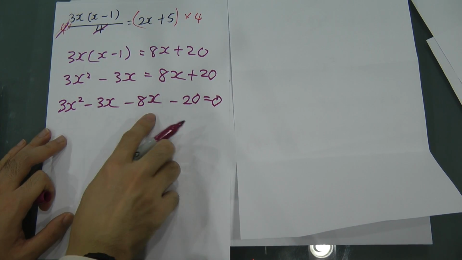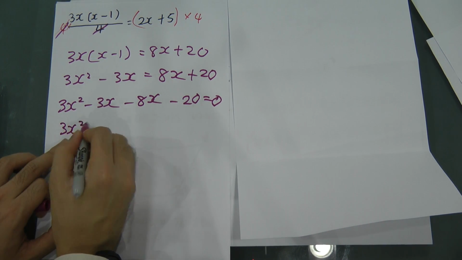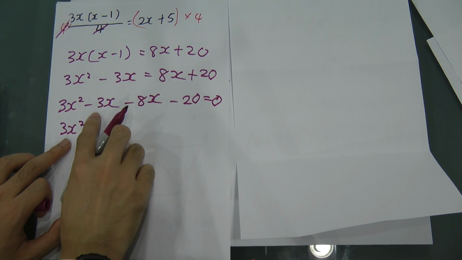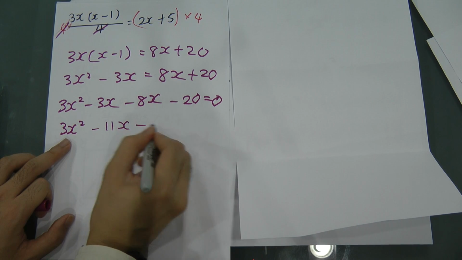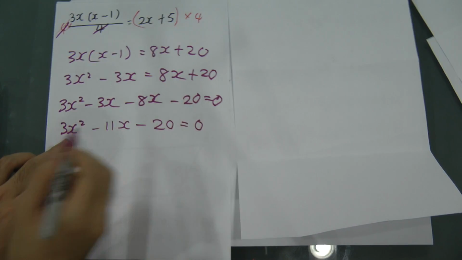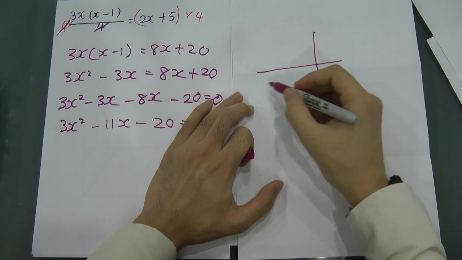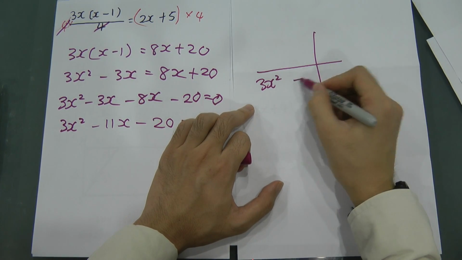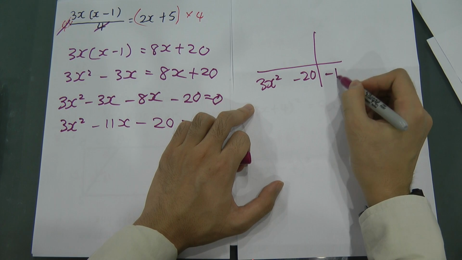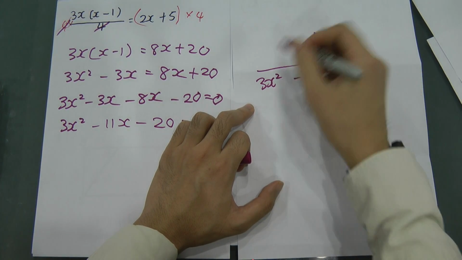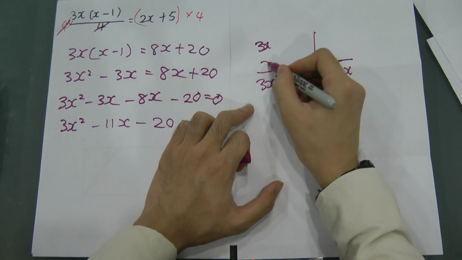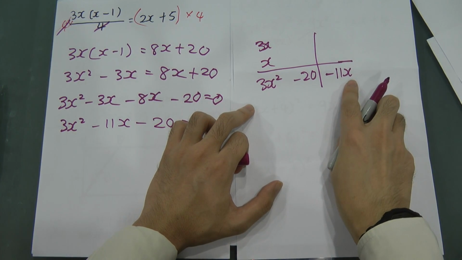I solve x and x only. So 3x squared, -3x, -8x is -11x. Minus 20 equal to 0. And then I straight away factorize. I do this one close over. I write 3x squared here, -20 here, and -11x here. And then I have to do the crossover multiply. I know this one is 3x and x. Okay, in order to get this one, I need